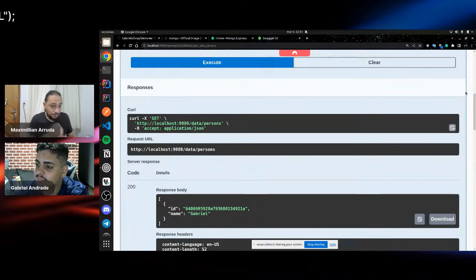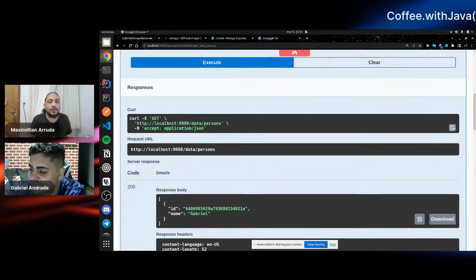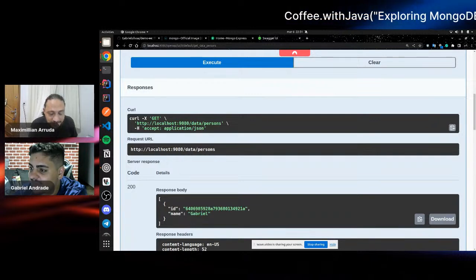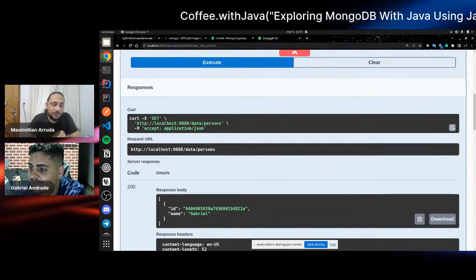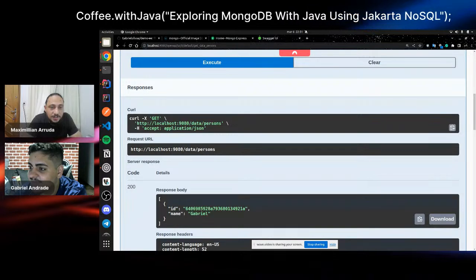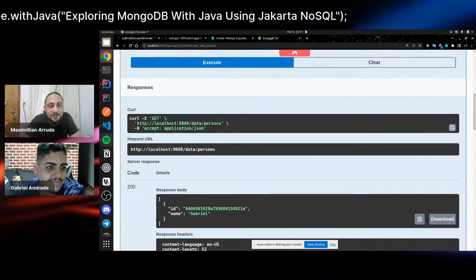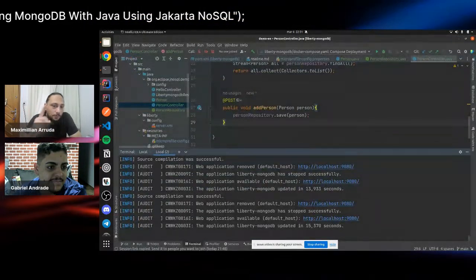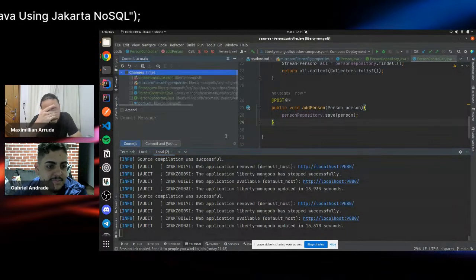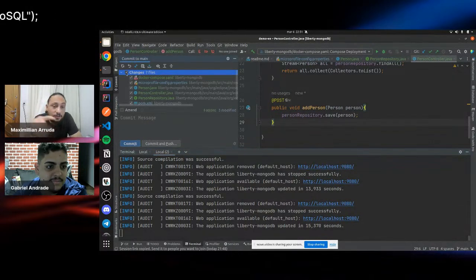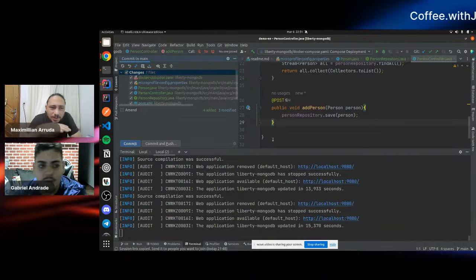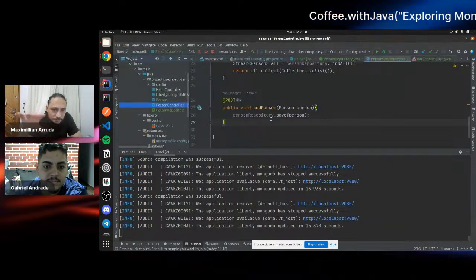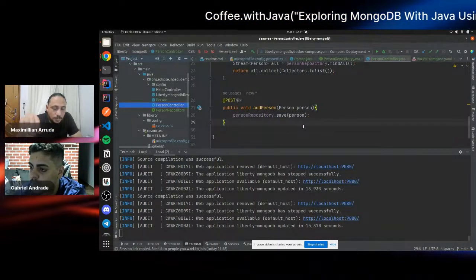So by now, what I want you to do is let's add everything, commit it, and push it up to the repository. But of course, let me give you another tip. We did a lot of changes.